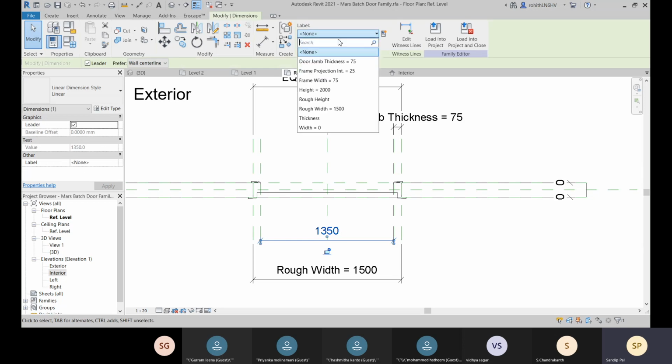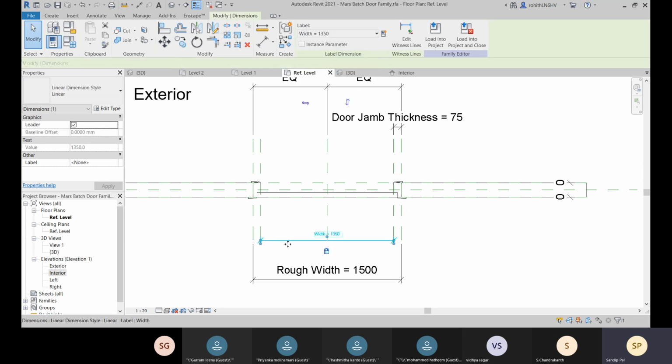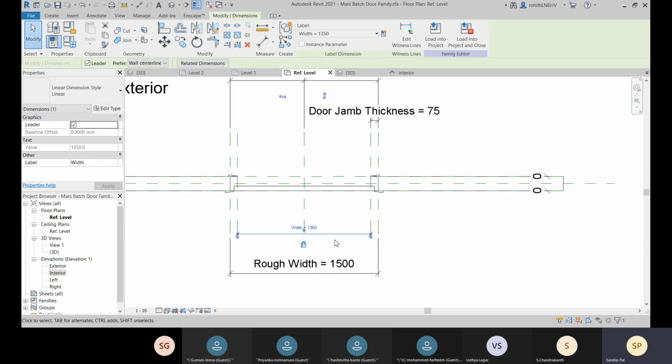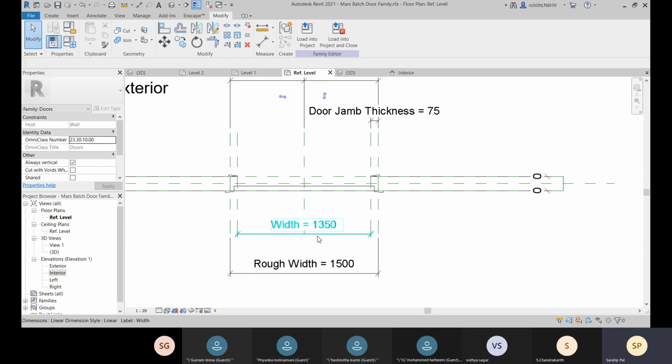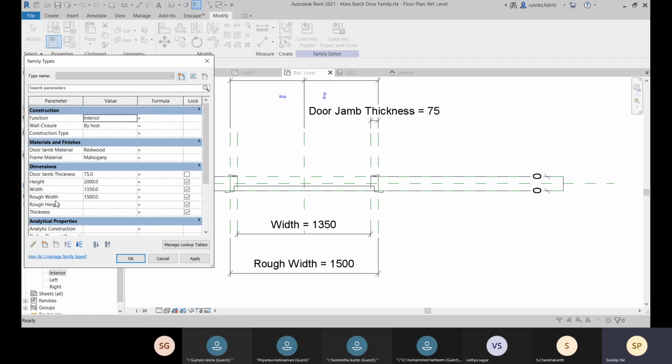Let me select, and now let me go for this width. Yeah, so now it is applied. So your width is applied, and that is 1350. And about rough width, you will be changing only one, like width. Or else you can go for rough width. So let me change it. But if I change it, let me just check whether it will work properly or not.